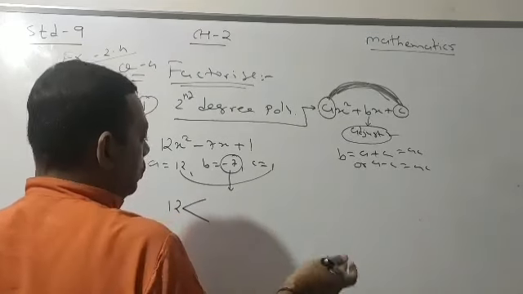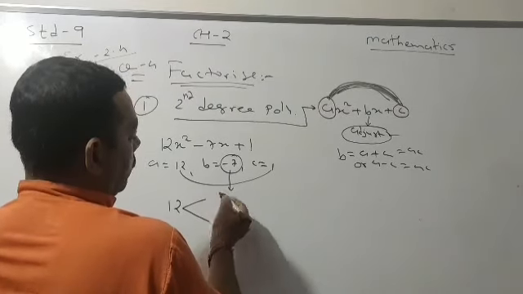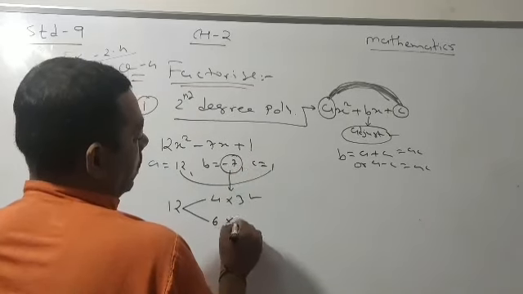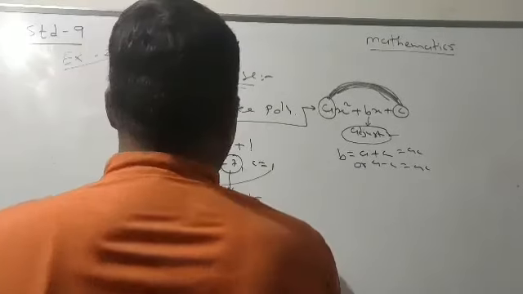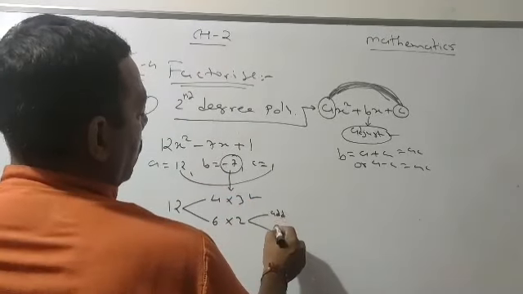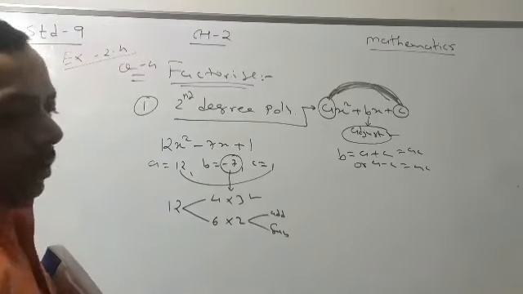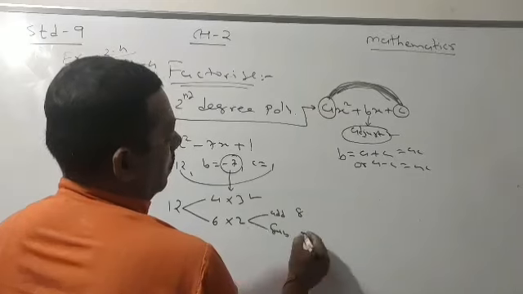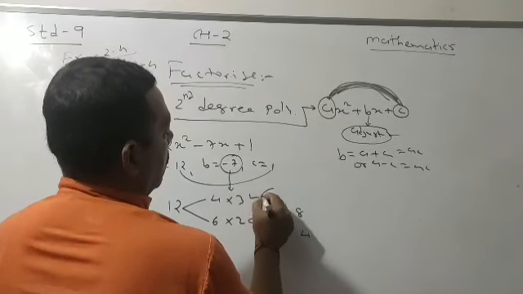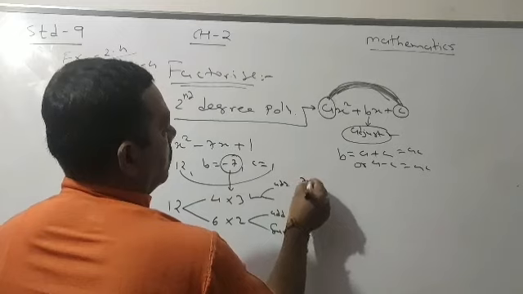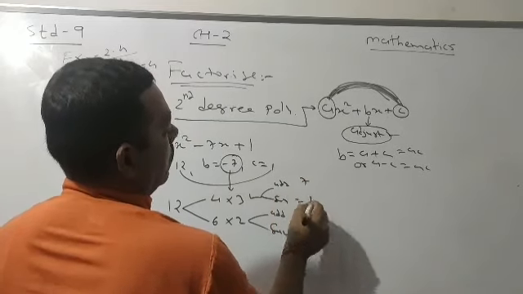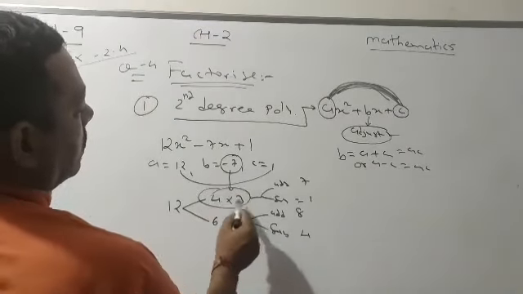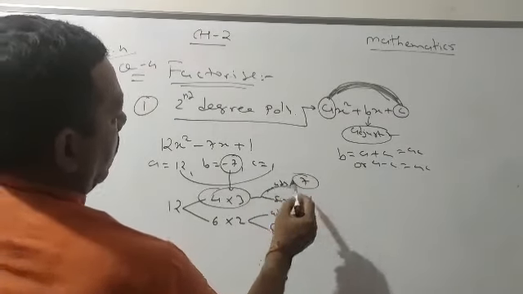There are 3 factor pairs. The first, 4 into 3, is suitable for this because of 7. Another is 6 twos are 12. Now if I add here and subtract here: if I add, we get 8; if I subtract, I get 4. Here, if we add, the answer is 7; if we subtract, the answer is 1. Which one is suitable here? 4 threes are 12, which gives 7, so addition.